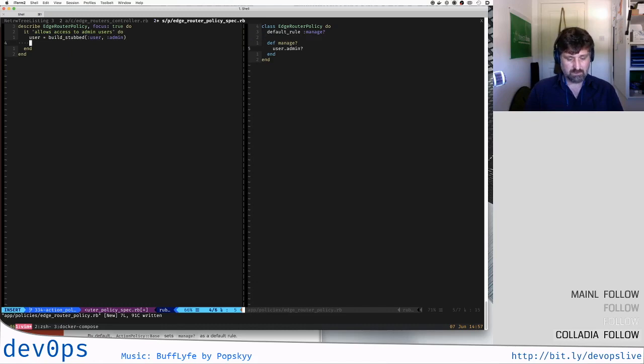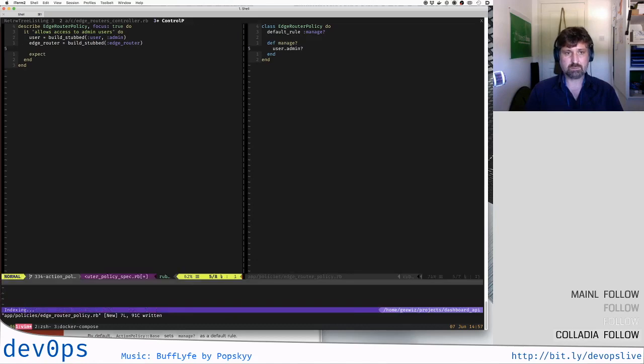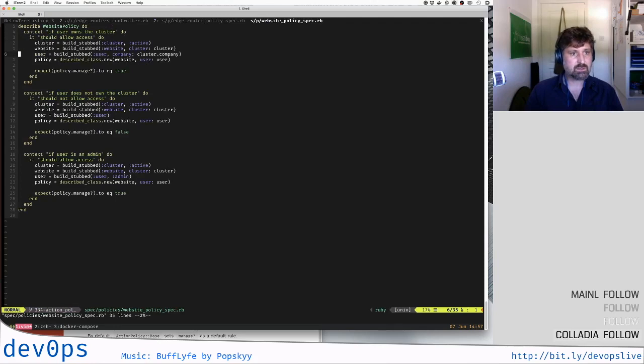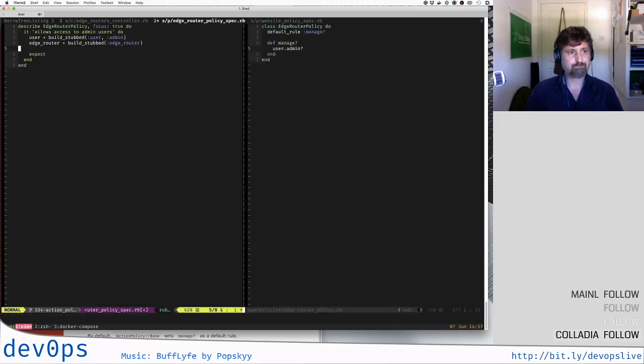And then we'll need an edge router. Build stub edge router. And then we need a policy, and I simply copy that from the website policy spec. Which basically says, okay, take this edge router and apply the policy on this user,